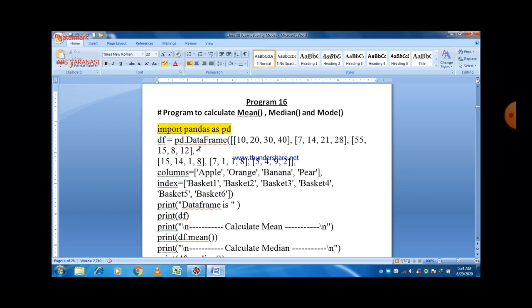So first of all, to find out the mean, median, mode, we have to create a data frame. For this purpose, we write the line import pandas as pd, and then the creation of a data frame. Now in this question, we create a data frame using a nested list.